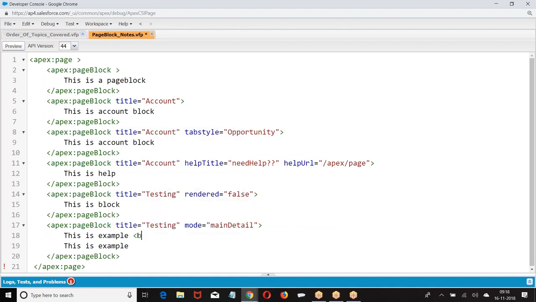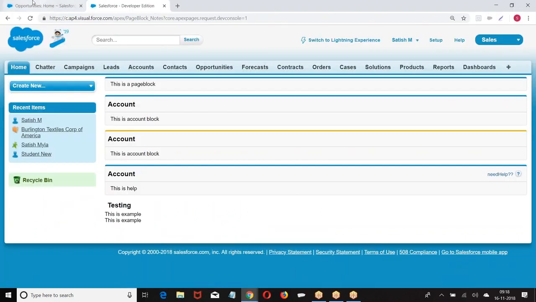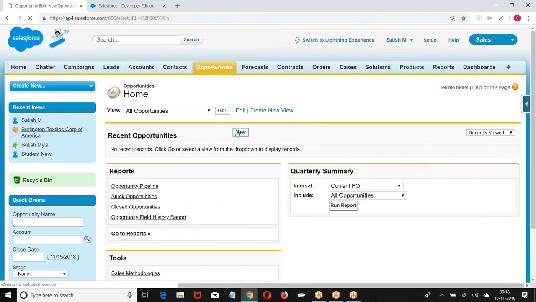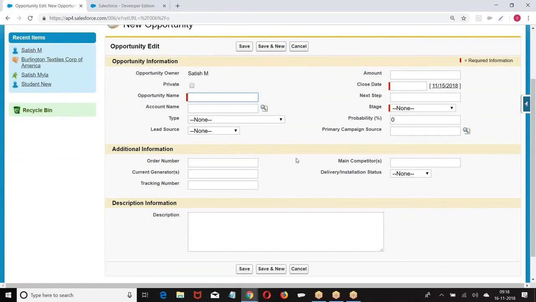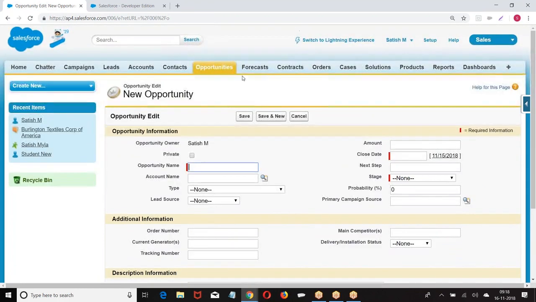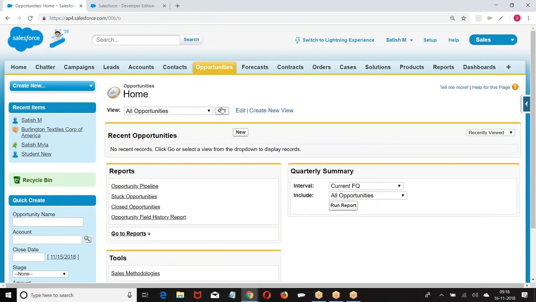I am giving mode equal to main detail. In which mode the page has to open? Everyone look at this. If I click on new, what was this? Edit mode. The same record, after saving, if I open it,